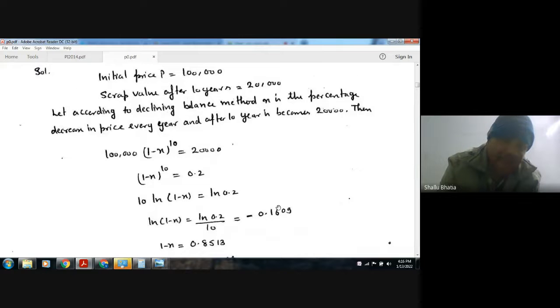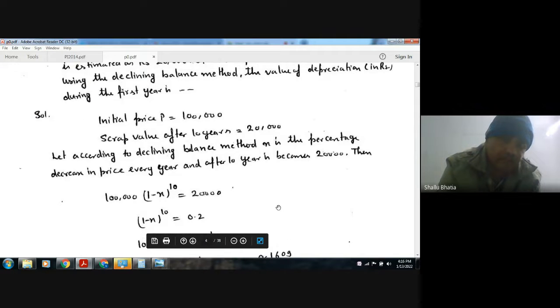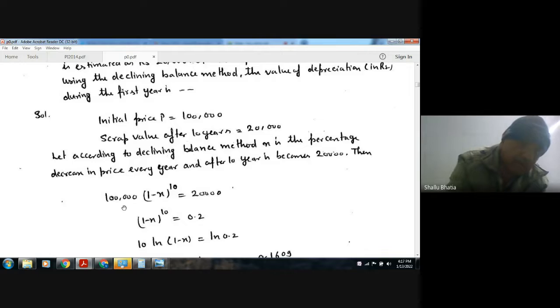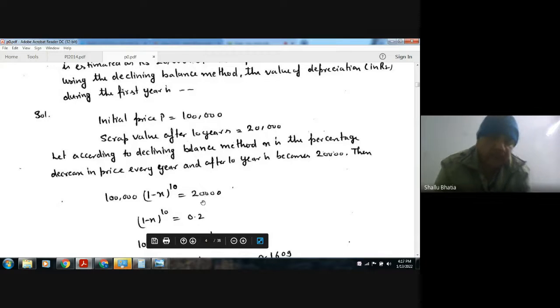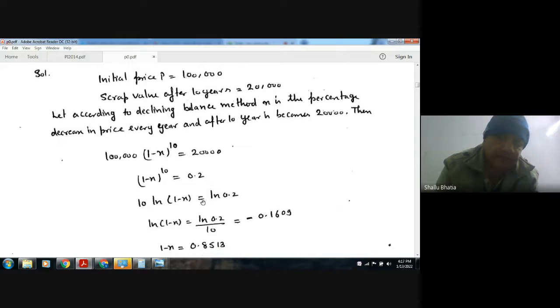So in the declining balance method, depreciation is counted on the present value of the asset. Initially the present value is 100,000. Then after 1 year it will be 100,000 into (1 minus X), and then again 100,000 into (1 minus X) into (1 minus X). So this will be the value after 10 years. So this is the basic idea in this question. Okay, next,